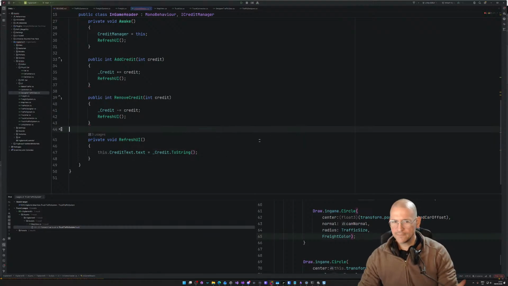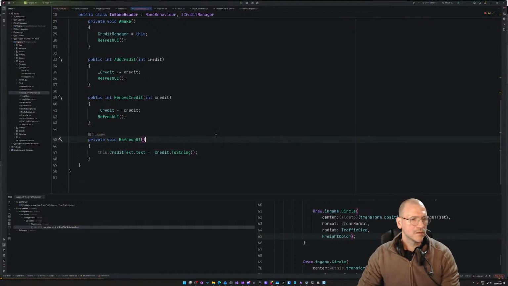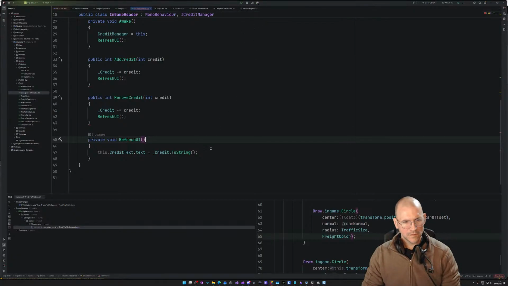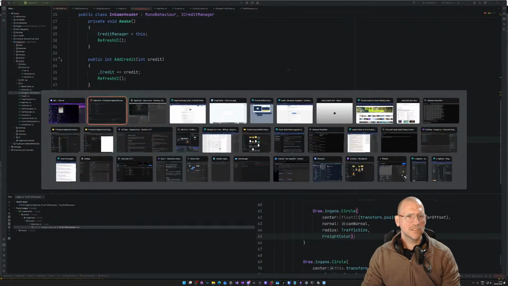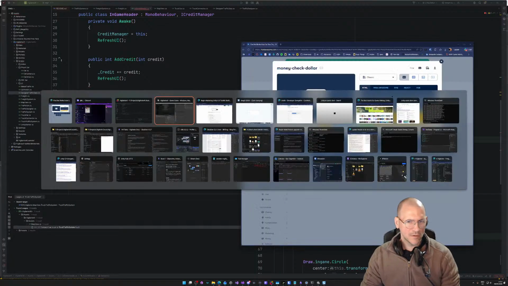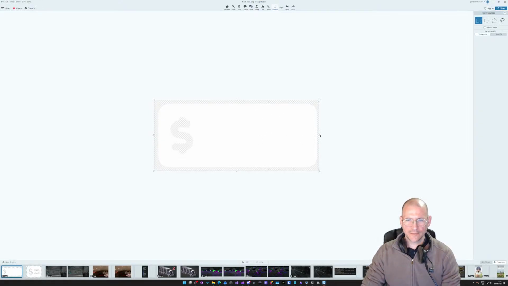Sure, that should be it. Credit numbers will be much higher later, so let's just widen that field up a little bit more. I don't want to spend too much time on this, but